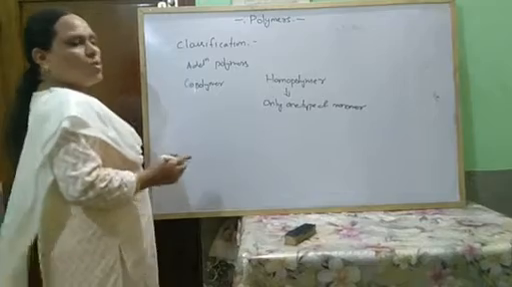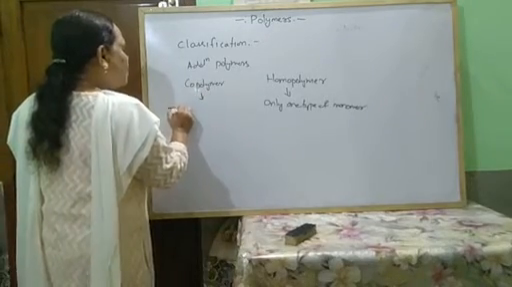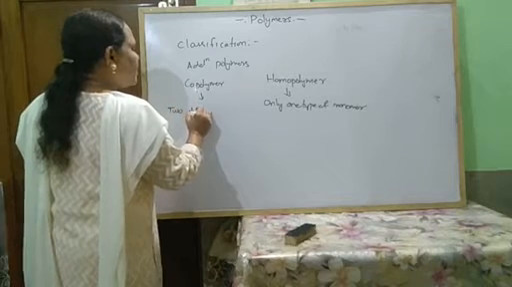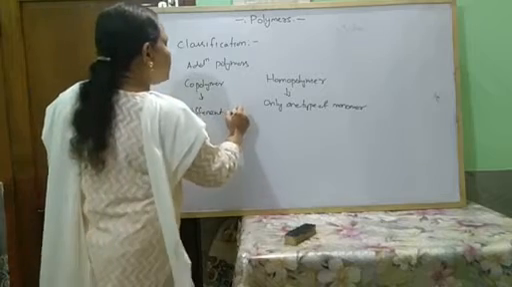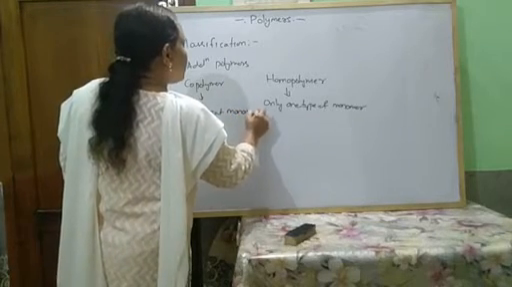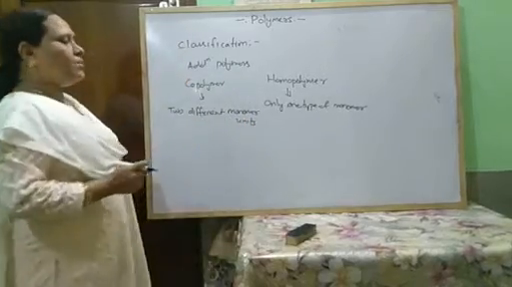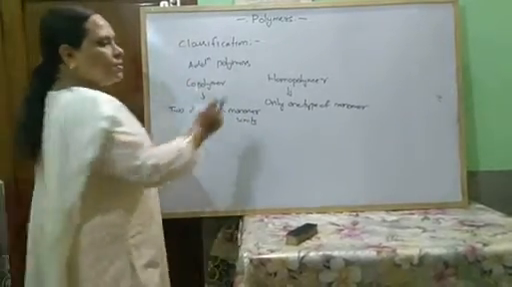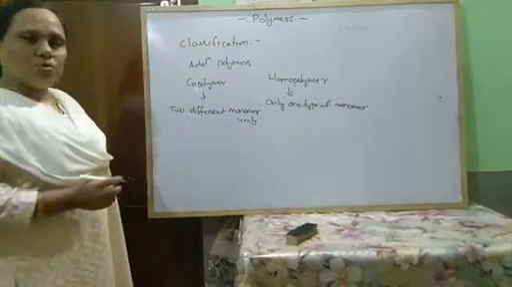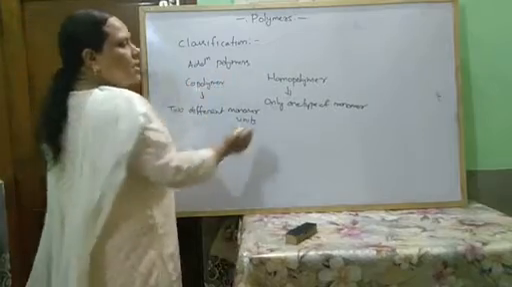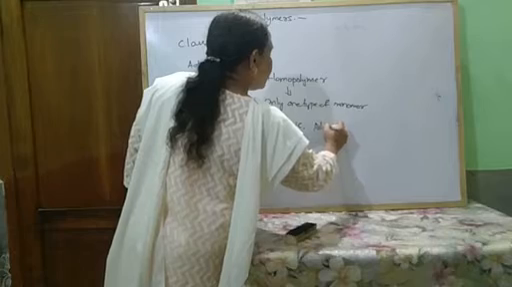These are known as your homopolymer. And copolymer consists of two or more different monomer units, while polymers which consist of only one type of monomer unit are known as your homopolymer addition polymers. And this polyvinyl chloride, polythene,